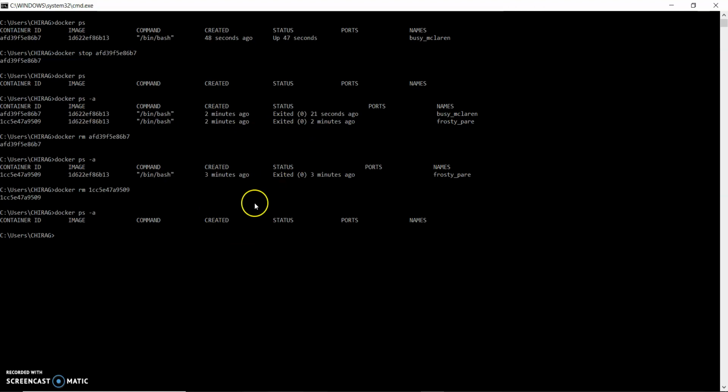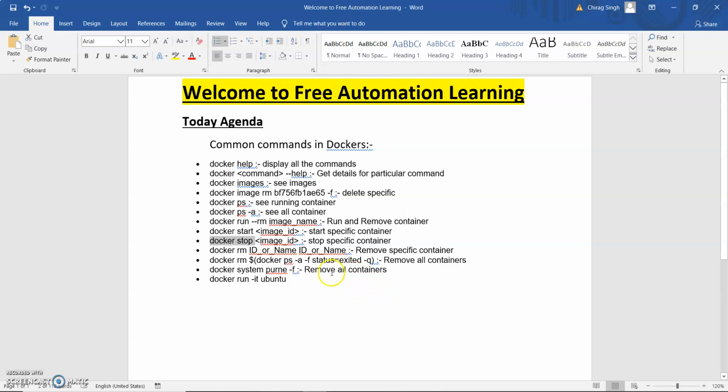All these commands are generic commands which we are using. There are other commands too. If we have to remove all the containers, then we can use this command. There is another command, docker system -f, to remove all the containers. So there are particular commands which we can use. Basically these are the basic commands which we should know, and interviewers ask how you can stop and how you can start your container while doing Selenium WebDriver. So all these commands you should know.